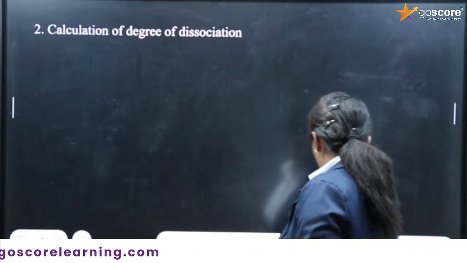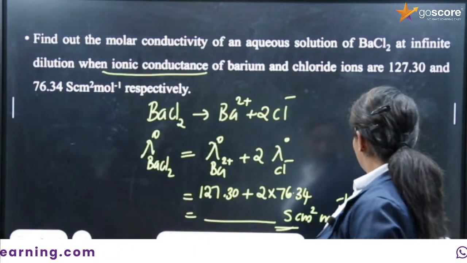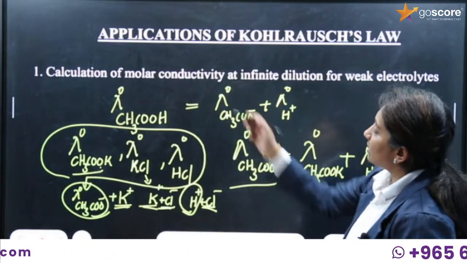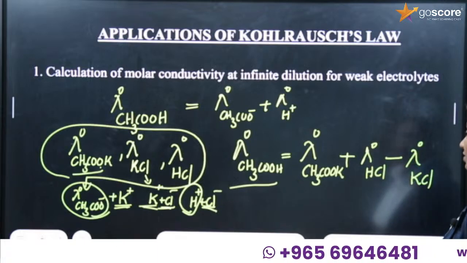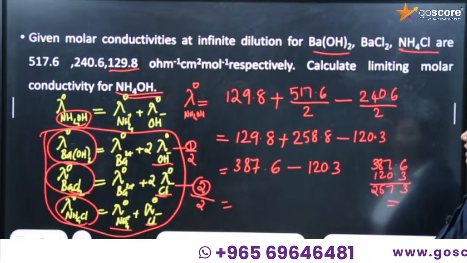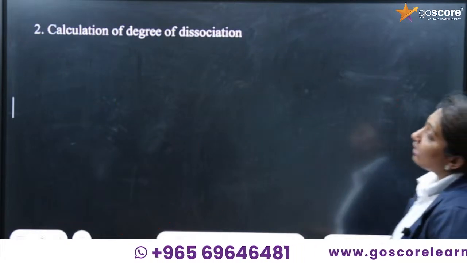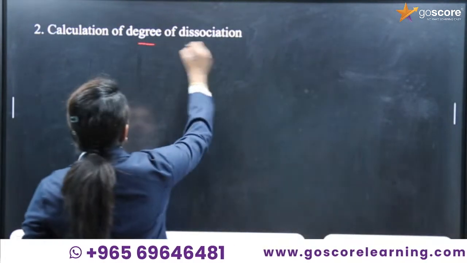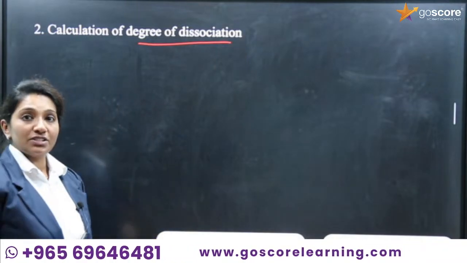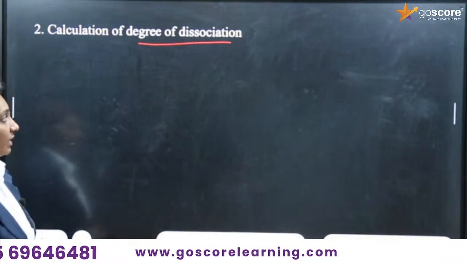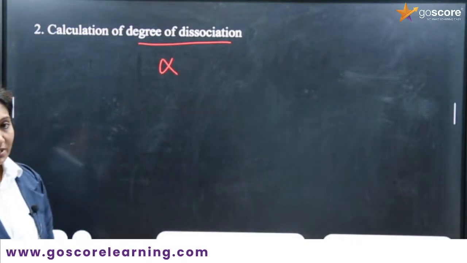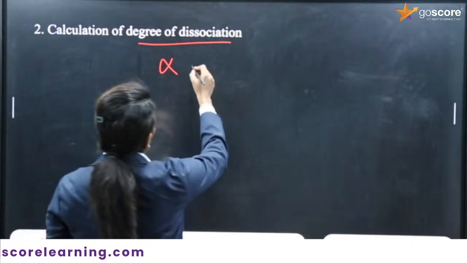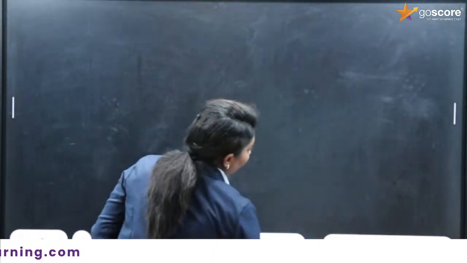Next application. The first application is the calculation of molar conductivity at infinite dilution for weak electrolyte. The second application is the calculation of degree of dissociation. Degree of dissociation is nothing but the alpha. So here what we got is,